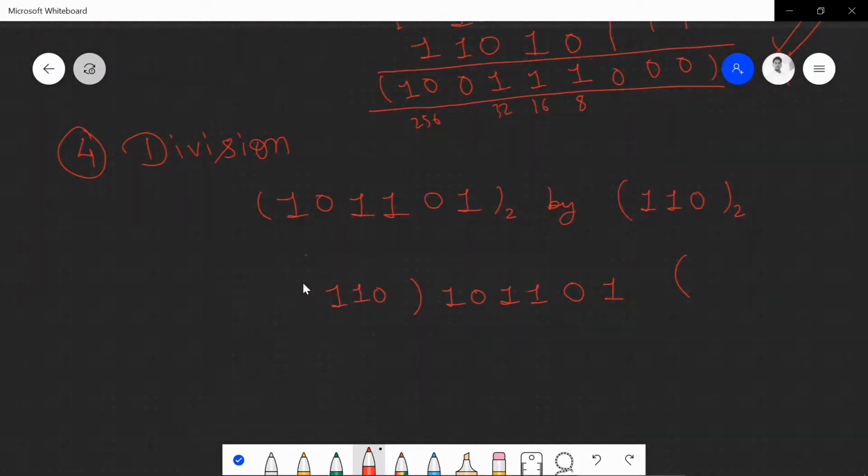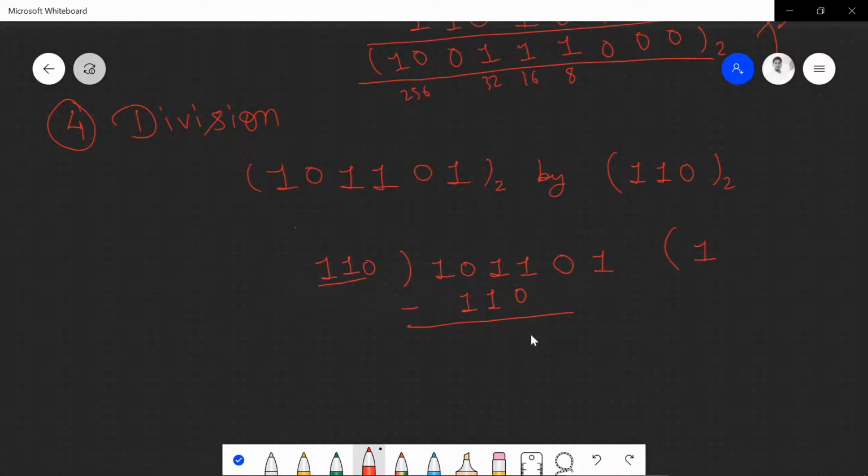Division operation will be the same as the long division operation. Let's see how this division operation will be performed. This is our divisor and this is our number. How do we divide it? First we will go with 1 only, because when we try with 1 and take the first 3 bits, the division is not possible. So we add one more bit, and it will be 1 1 0. Now subtract it. So 1 minus 0 is 1, 1 minus 1 is 0, and 0 minus 1 is, take a borrow over there, so it will be 1 1 0 minus 1, so it will be 1.